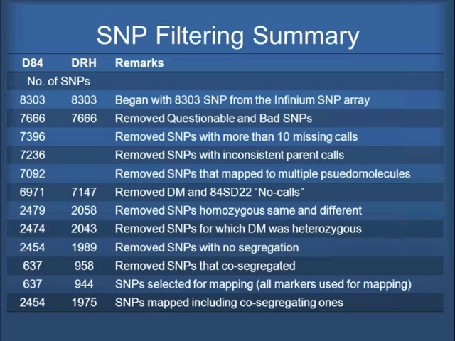Because of recombination, it would just make the map overpopulated with markers that are not really informative at this point. So we put them back in after, but we don't want to lose them. But to run the map, we